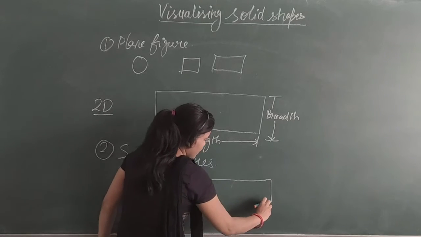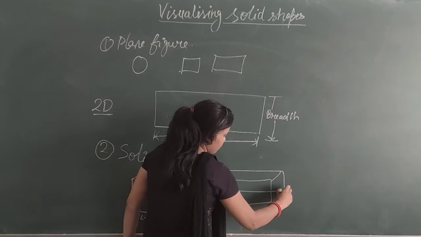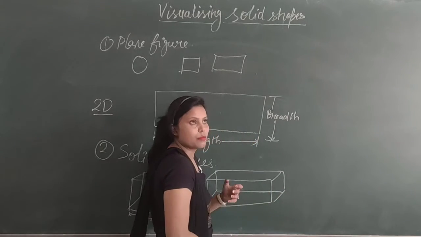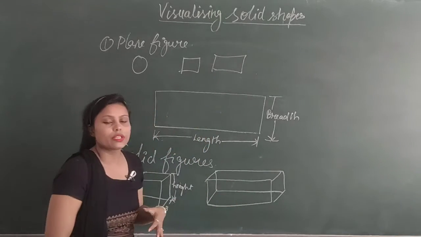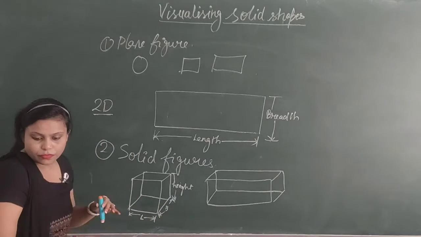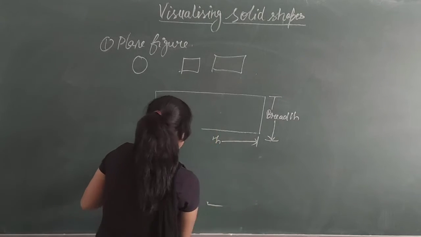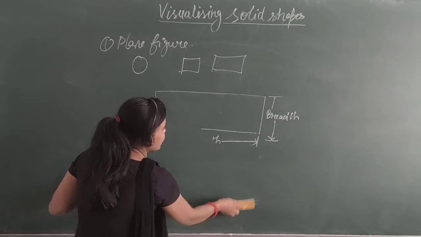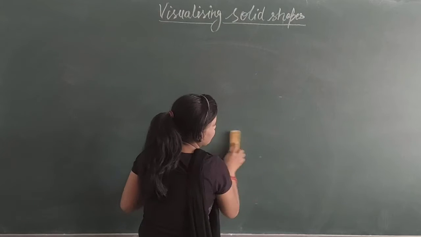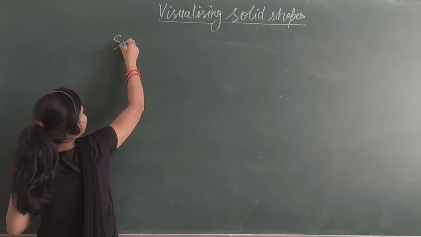Cuboid: just as the base is a rectangle and has some depth, that is known as a cuboid. Sphere is a ball, a ball is a sphere. Cone, your birthday cap is a cone. Okay, so these are solid figures. Now we know the difference between 2D and 3D. These solid figures are known as 3D, three-dimensional figures. Right? So 3D figures, or we can say solid figures,